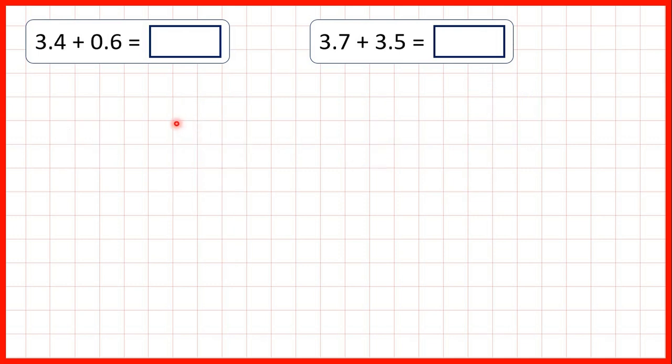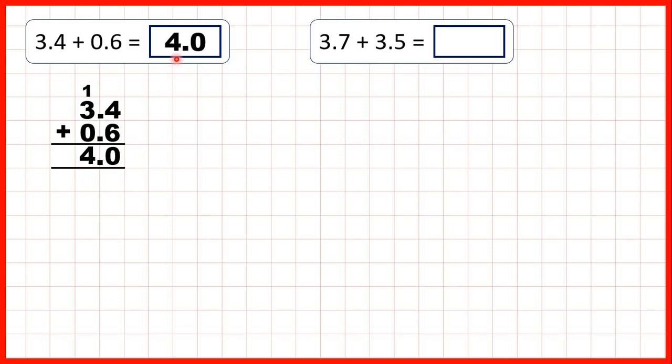So now let's try some more questions. We have 3.4 plus 0.6, so again we can set this out as a column addition, making sure that our decimal points are lined up and copying the decimal point down into our answer line. We work from right to left, so we start by adding our tenths. 4 plus 6 is 10, so that's 1, 0, and then 1 plus 3 plus 0 is 4,